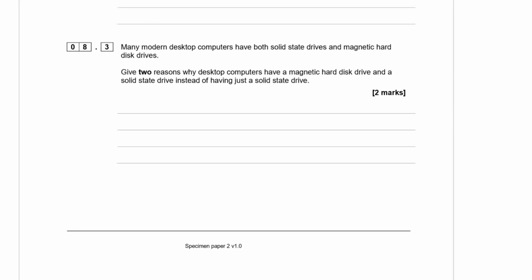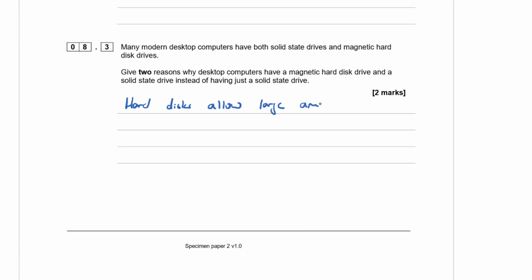And many modern computers have both an SSD and a magnetic hard disk drive. Give 2 reasons why they have both, instead of just having an SSD on its own. So this is an application question. Hard disks generally have a really high capacity, so in terms of terabytes now, whereas SSDs are still usually quite low, or basically SSDs are much more expensive compared to hard disks. So hard disks allow large amounts of storage,